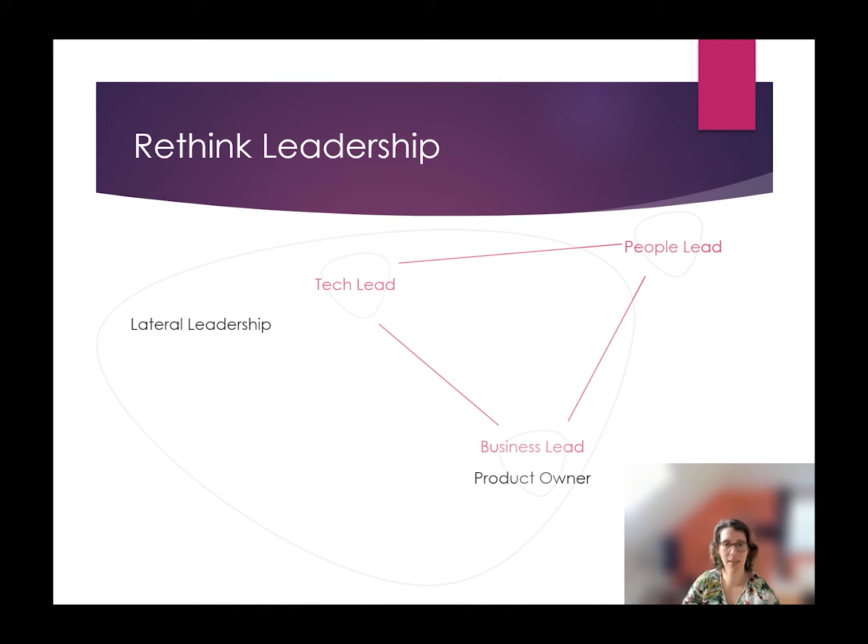And sometimes it can happen that there is also a process lead, also called Scrum Master or Agile Coach, that is supporting all these three to say, okay, what are now the processes, what are impediments, how can we improve collaboration, and to be very aware only on that. And I notice also that often the process lead is not really seen as a leadership role as the others. But I personally think, yeah, of course, it's a different quality, but it's nevertheless very important.